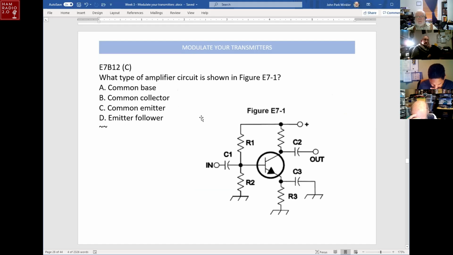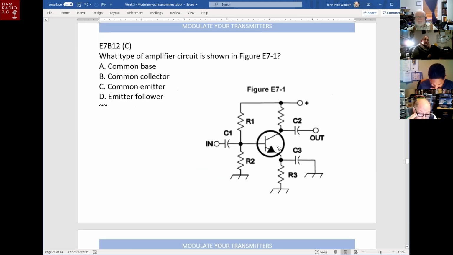Let's talk a little bit about transistor circuits. This is an NPN transistor. The arrow is the emitter. The other side of the line is the base, and the top piece up there is called the collector. What happens in this circuit is that